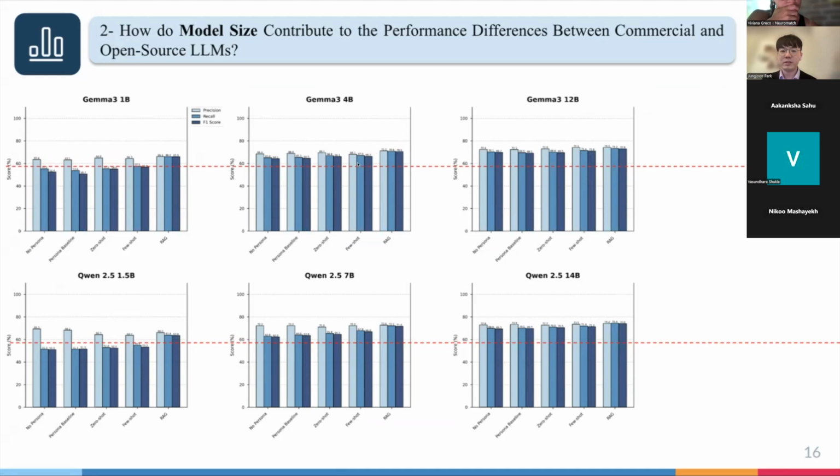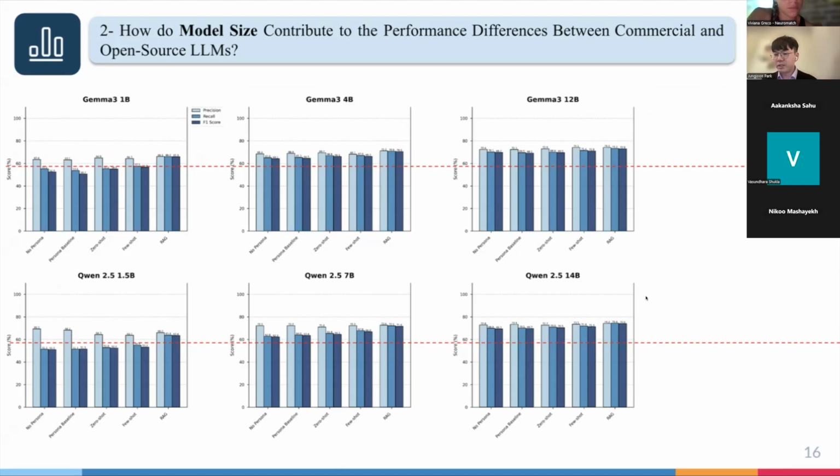As the model size increased, the relative improvements gained from prompting strategies diminished. As you see in this more than 10 billion case, there are subtle differences. Actually, a slight increase was observed, but when you compare to the 1 billion, 4 billion, or 7 billion cases, the increment is more diminished.